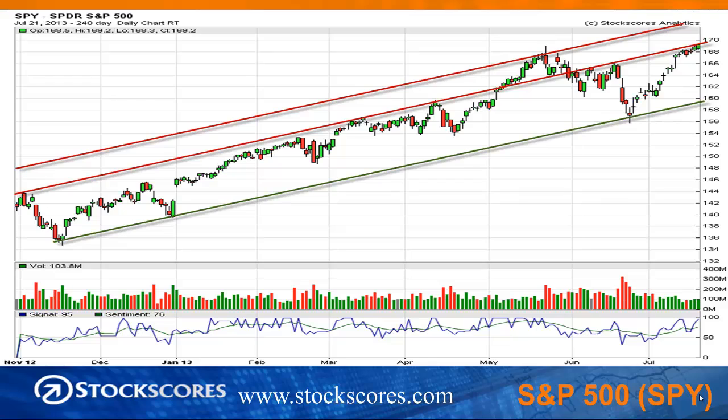The S&P 500 continues to show some really pretty decent strength. It's gone through to new local highs. It is at the resistance of the upward trend line that I've drawn in red, which is the one that was touched the most times. However, there is still some room to the top of the channel on that upward envelope that was touched just